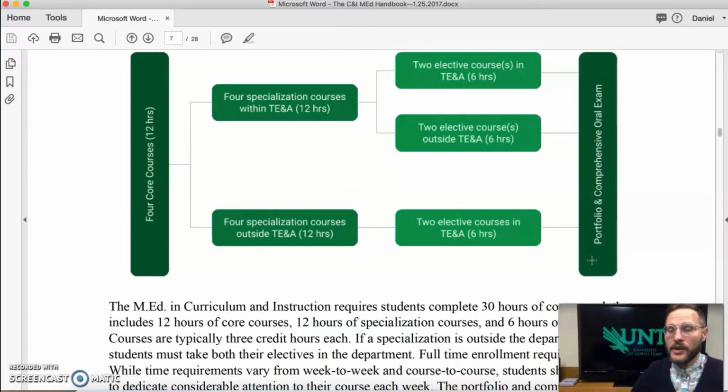They're not currently part of a credit, but if you are graduating, for example, in the summer, then you need to take that in the spring semester before the summer. Otherwise, you're going to have to wait to the fall. We do not offer the oral comprehensive exam in the summer. So plan accordingly, make sure you sign up and you're prepared. You'll see deadlines later. Usually it's in the first third of the semester that you're going to complete the portfolio